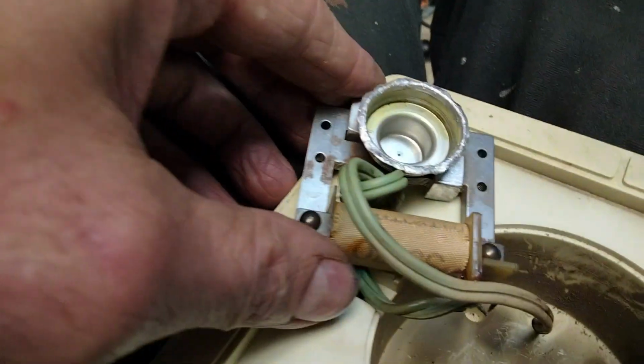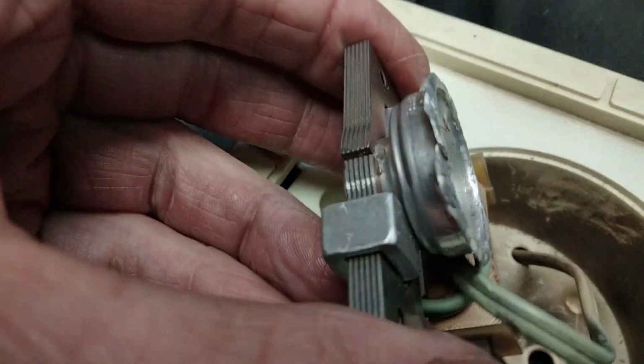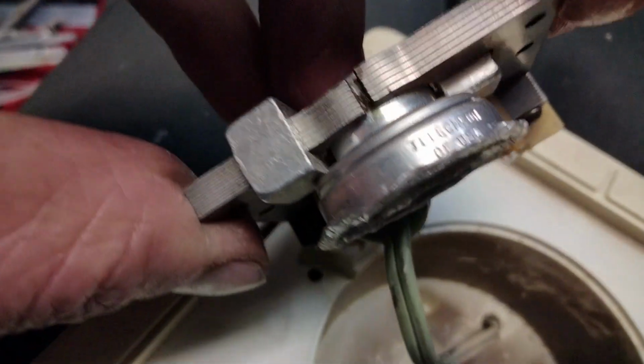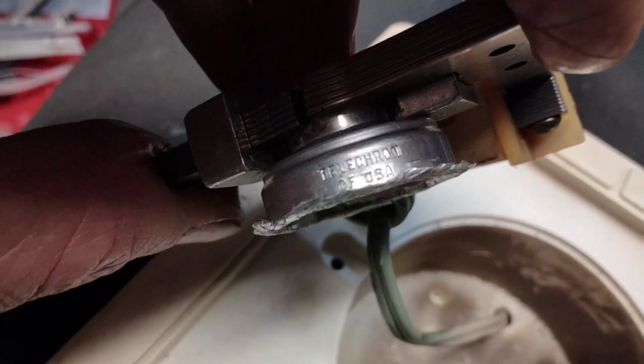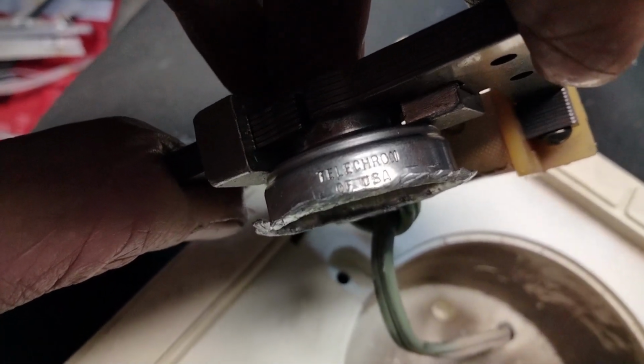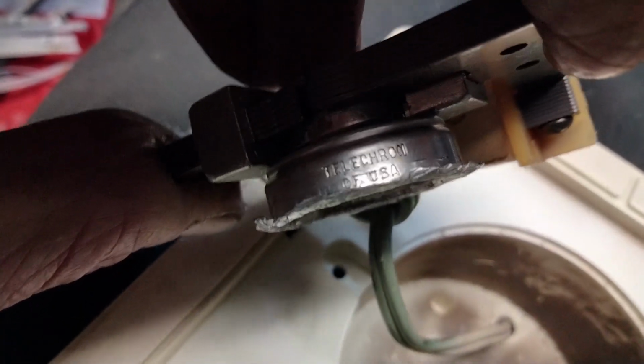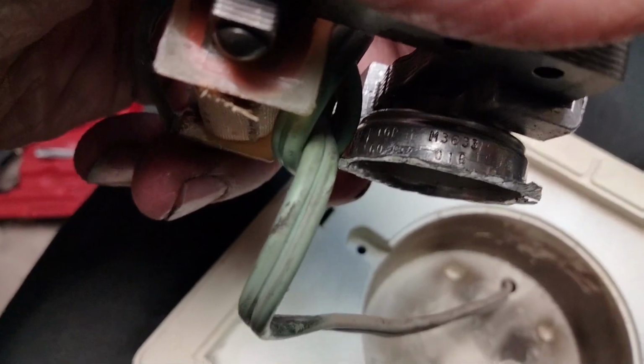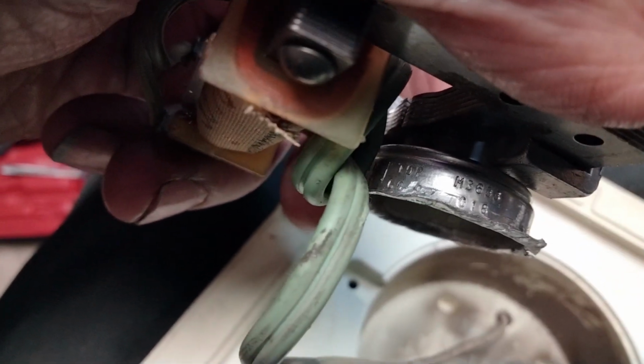I was looking at this thing. It has some markings on the outside, and it says Telecron of USA, so that's who makes this little clock motor, and it has some more specifications on the other side, and you probably can't read it, but one of the things it says is 3.6 RPMs,